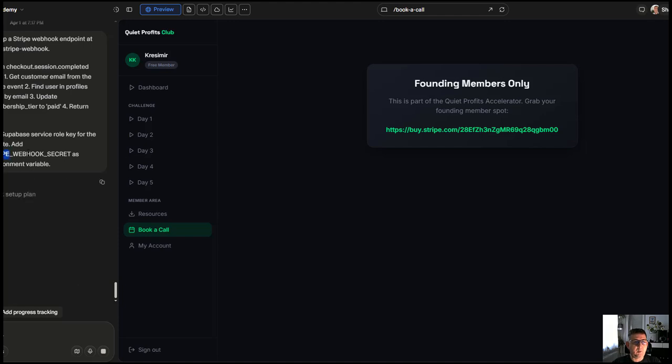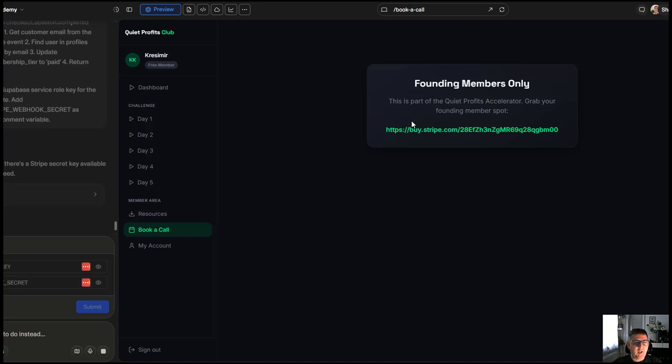Later Lovable will ask me for this webhook secret. This is what I took from Lovable. It takes you just 2-3 minutes to find this code, and basically because now after we have